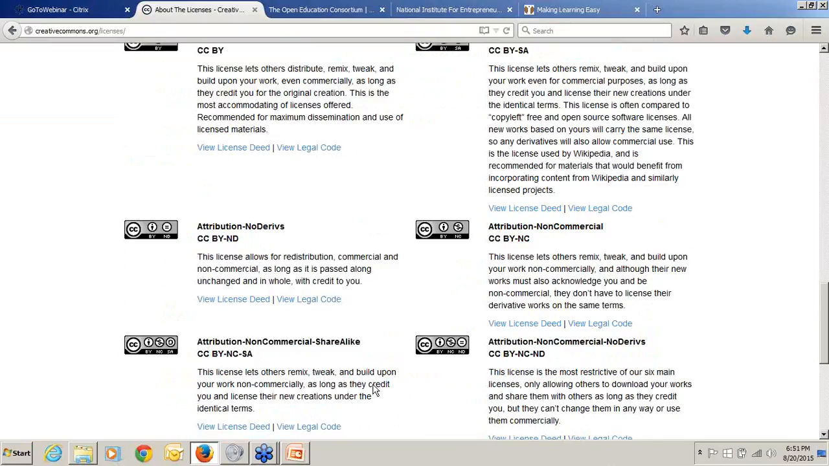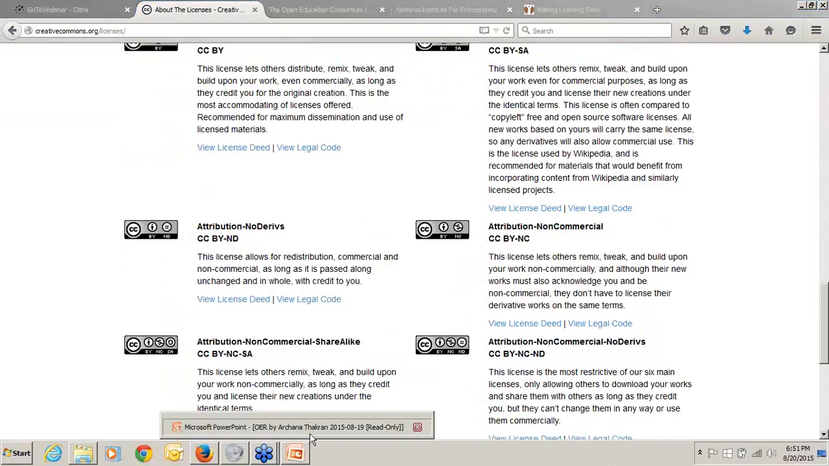Okay, so these were the licenses under which as an author you can release your work. Now let's see what are the benefits of using open education resources. First is